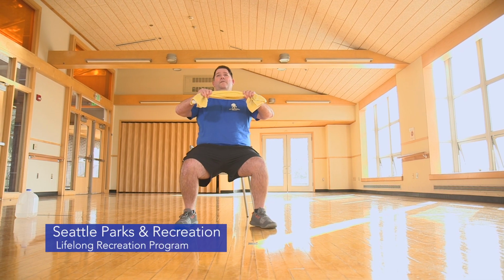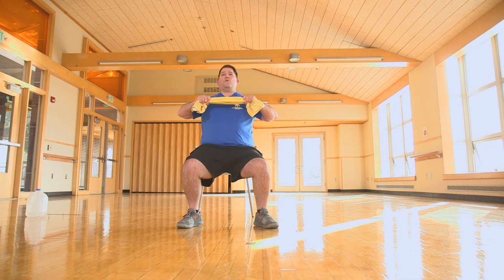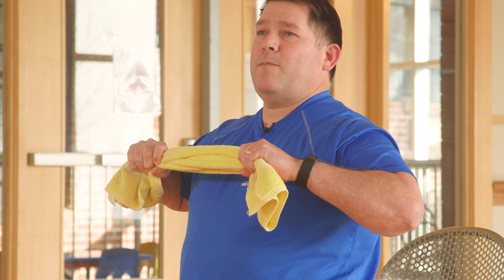Okay? But if you don't have something like that, something like a towel or a belt, something that you can grab onto, will work fine with this. So here, we're just thinking about, I'm going to move my elbows back, squeezing my shoulder blades towards the center of my spine. And I'm going to hold that for about 5 seconds,